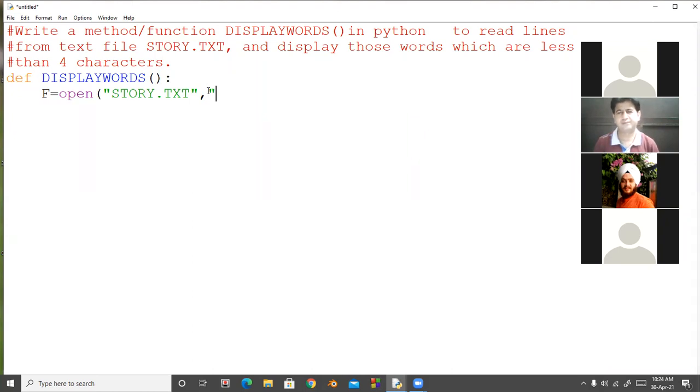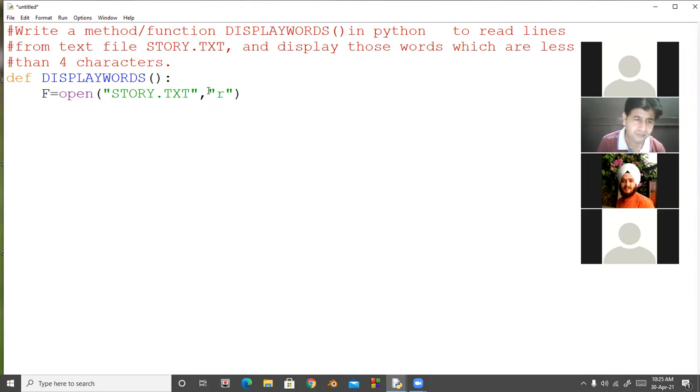Sir, wait a second, sir. Sushant, beta, this is a text file, okay? And they are saying to find and display those words which are less than 4 characters. It means we are reading the file. R mode, not RB. It is R mode.